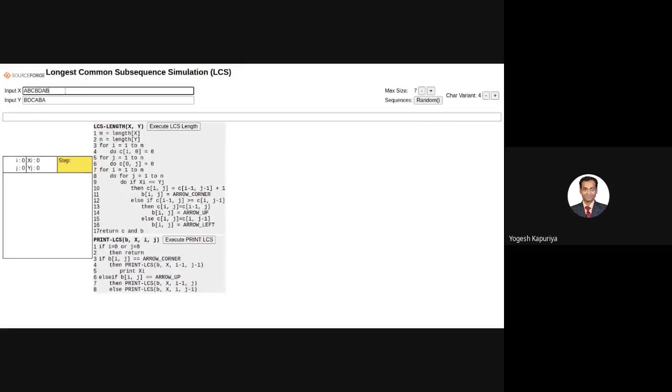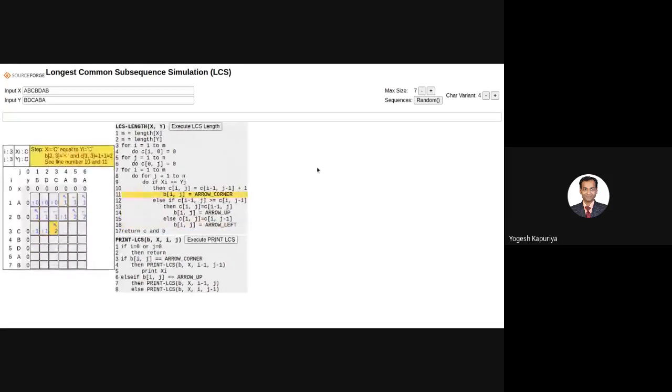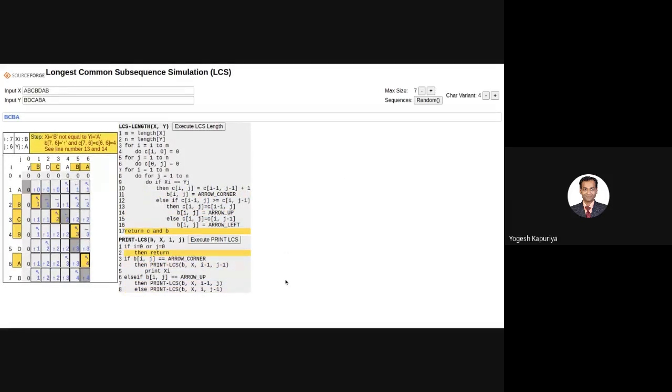Right, so you have this input x and y. So you simply execute this. It has a traceback approach. Traceback means that it gives you the idea about how the string is derived. So you have this arrow, left, so that means stop. So you go here. Whenever you find diagonal, then you remember that. So that's why you make it yellow, right? Then diagonal, you follow it. Again you follow diagonal. So remember B, diagonal, follow diagonal. So remember C, again diagonal.